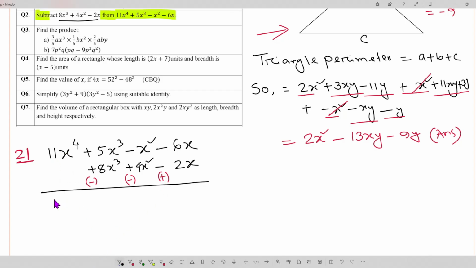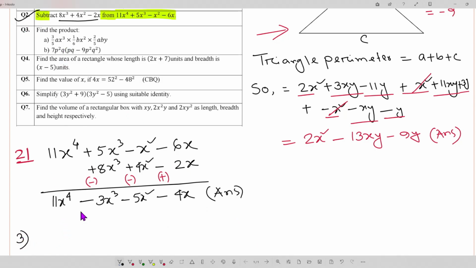So 11x to the power 4 will be unchanged, plus 5x cube and minus 8x cube, it will be minus 3x cube. Minus and minus, it will be minus 5x square. And here minus 6x and plus 2x, it will be minus 4x. This is our answer. It's a short question. If you successfully complete this one, you will get 2 marks each question. So number 2 done. Number 3,